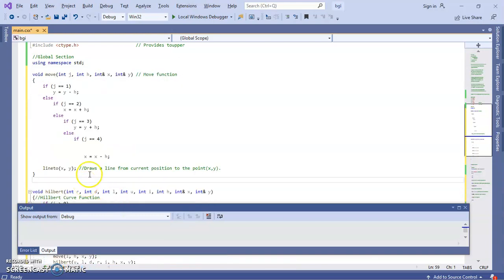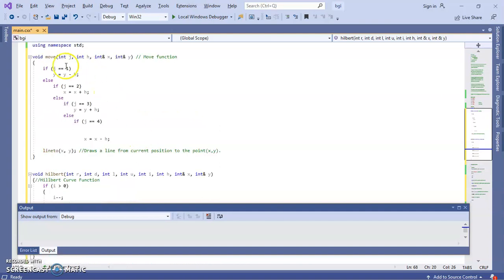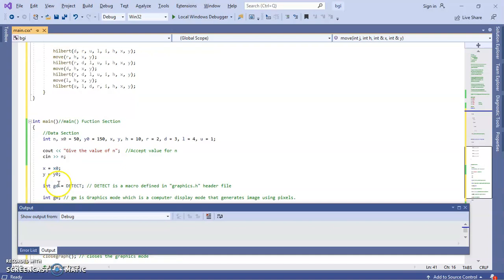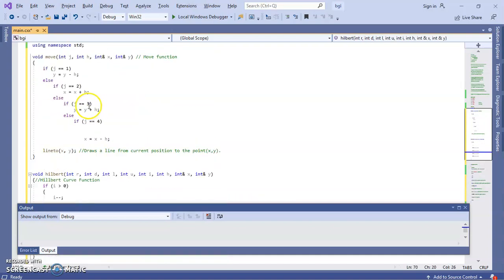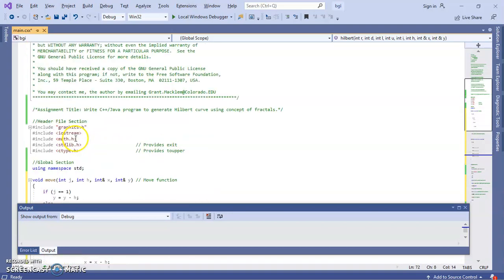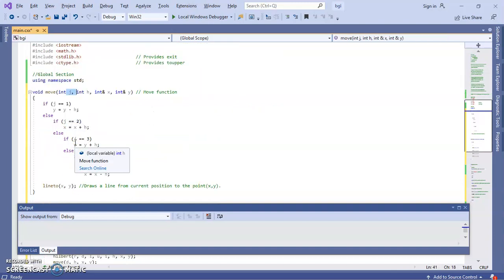So this is the move function. When we first call the move function, we pass r, h, and x and y variables. So the r value we copy into j. Next time when we pass move d, h, x, y, the d value is copied into j. Next time when we pass the value l, this l value is pasted into j. So this is nothing but the direction value.